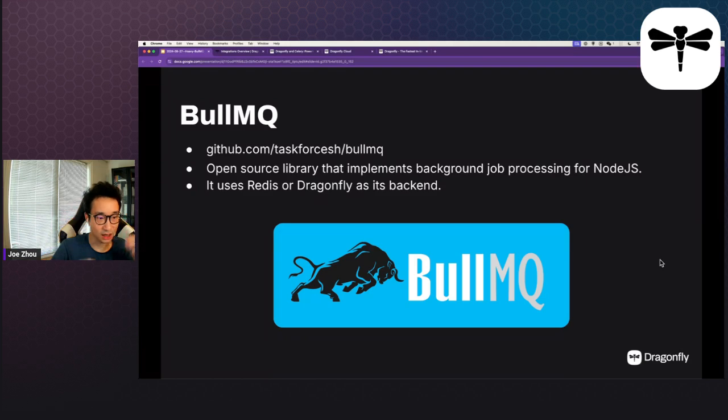So we tried it ourselves as well, and we saw that Dragonfly is supposed to have higher performance, by its underlying modern multi-threaded architecture, right? But when we first tried it with BullMQ, that wasn't the case. Dragonfly was actually performing a little worse than Redis. So we started to investigate that, right? And we also got help from the BullMQ author, Manuel,